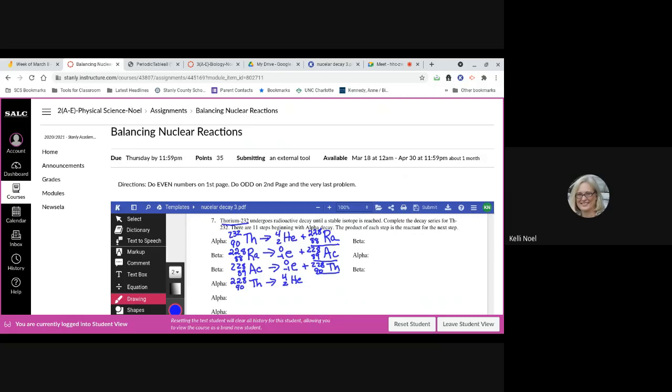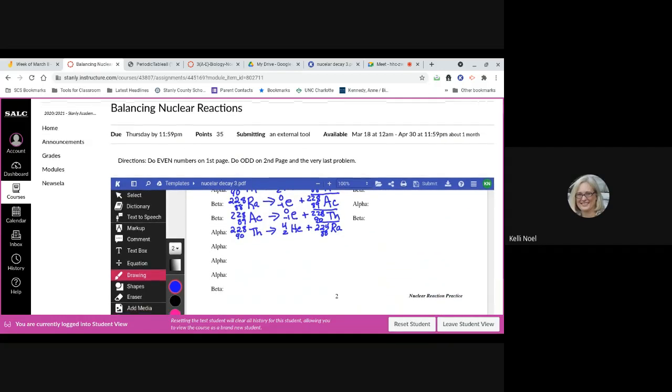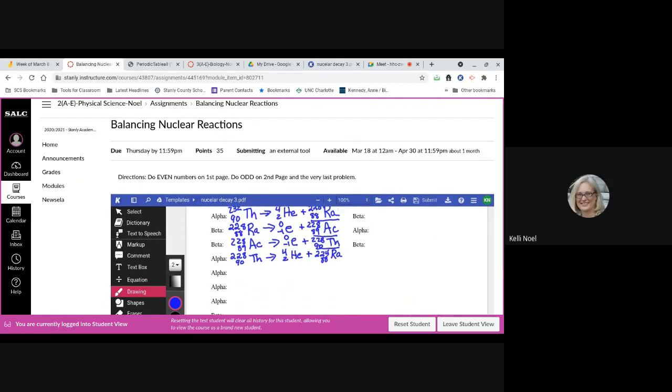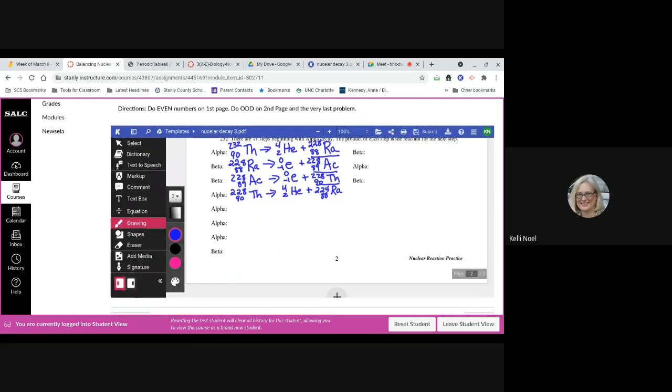And plus, so we're going to subtract this time. So it'd be 224. Subtract 2, we're back to 88. And I can look up at the beginning and see 88 is radium there. All right, so then you're going to finish this. I did the first 4, and so you have 4, 5, 6, 7 more to go until you get to the end. If you want to do this on paper, and when you're finished doing it on paper,